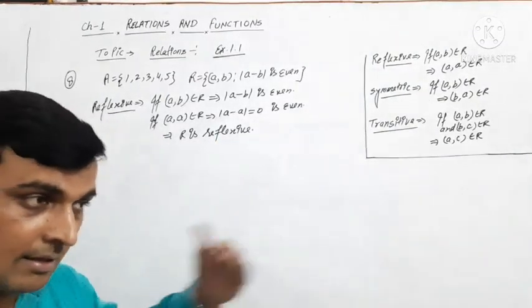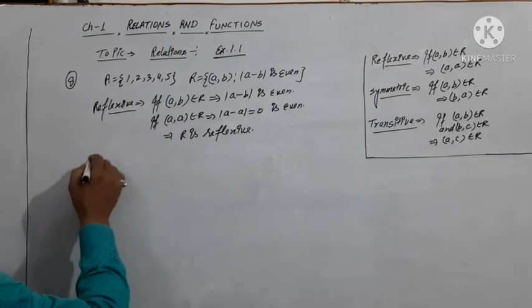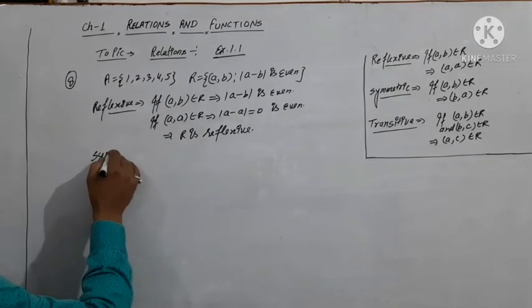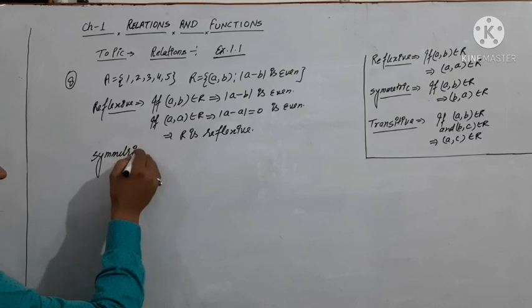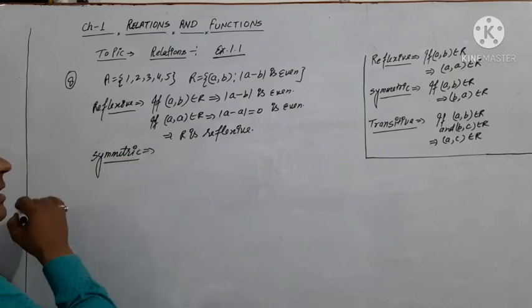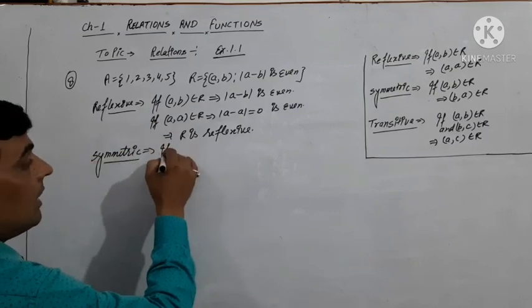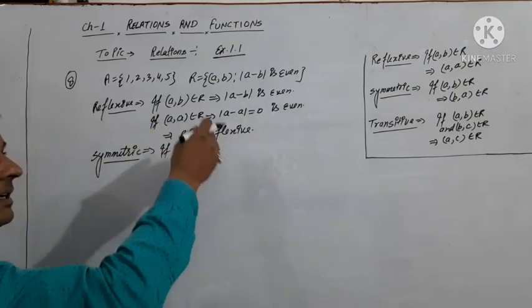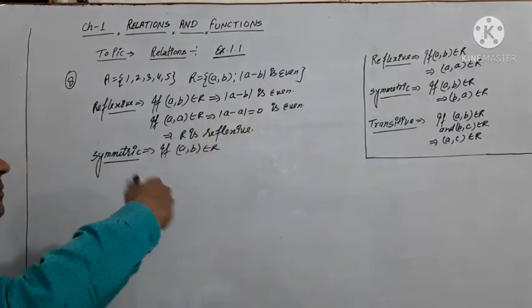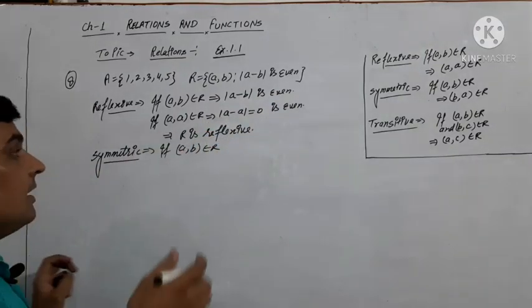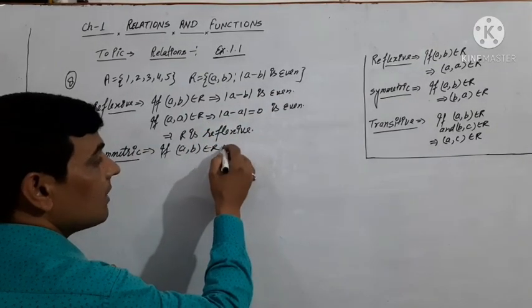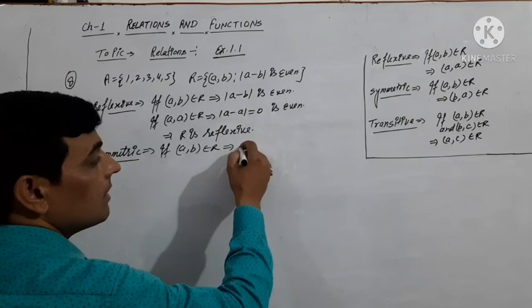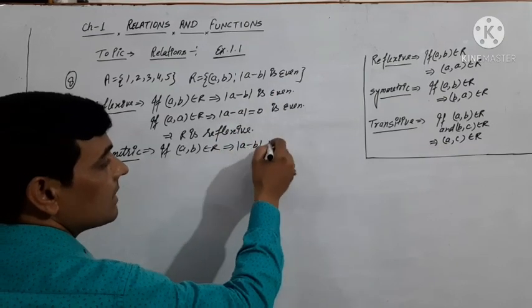Is it clear? Now we are coming to the second type, symmetric relation. If (a, b) belongs to R, बेटा बिल्कुल सिमेट्री चल रही है, क्योंकि जो यहाँ पर इन क्वेश्चंस में चल रहा है वो प्रीवियस क्वेश्चंस में था. ठीक है ना? So if (a, b) belongs to R, then what is the condition? This is the condition: modulus of a minus b is even.